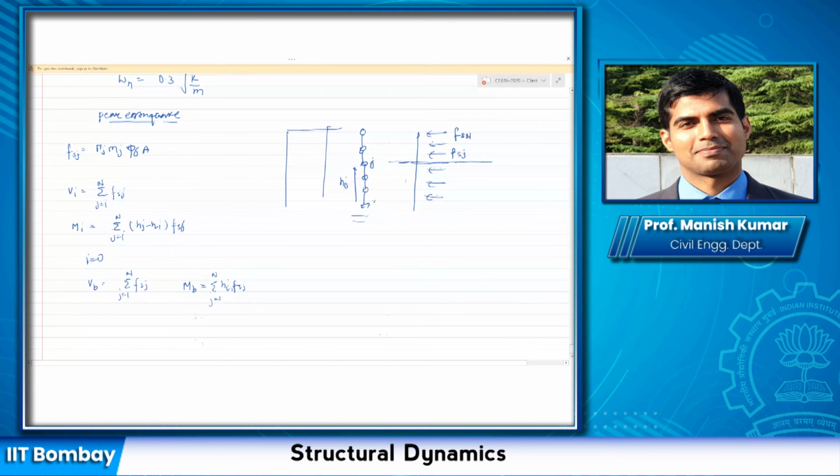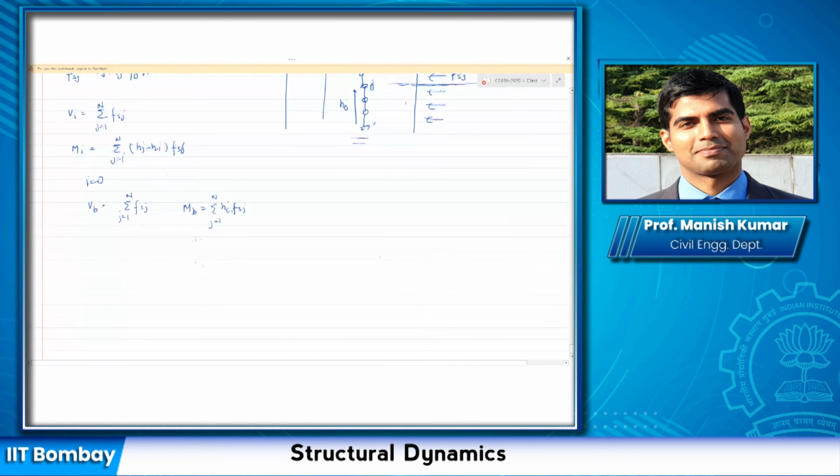All right, now considering that we have already found out the frequency and the equivalent mass and stiffness of this, let me give you some numerical values. Let us say that my mass m at each level is around 50,000 kg, k at each level is 5,500 kilonewton per meter. Each story height is 4 meter. So this is the story height, not the total height, 4 meter.